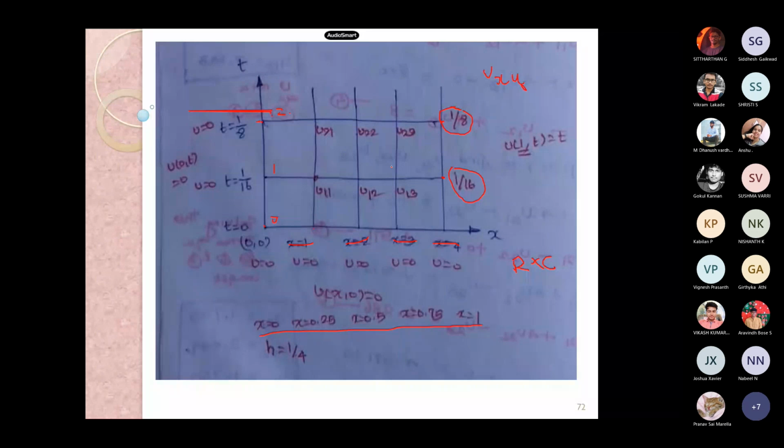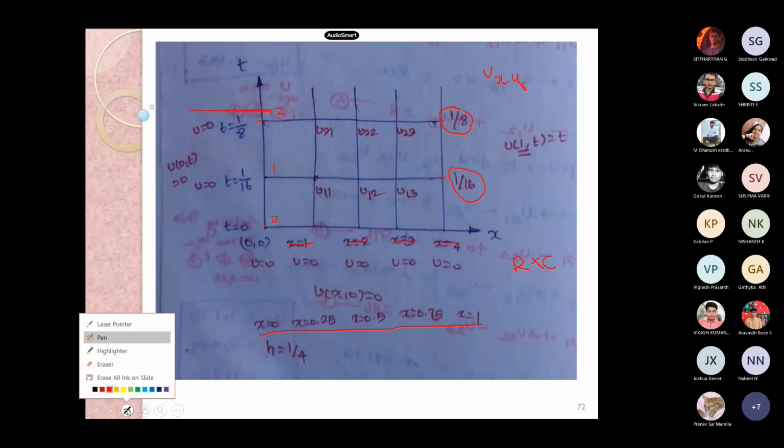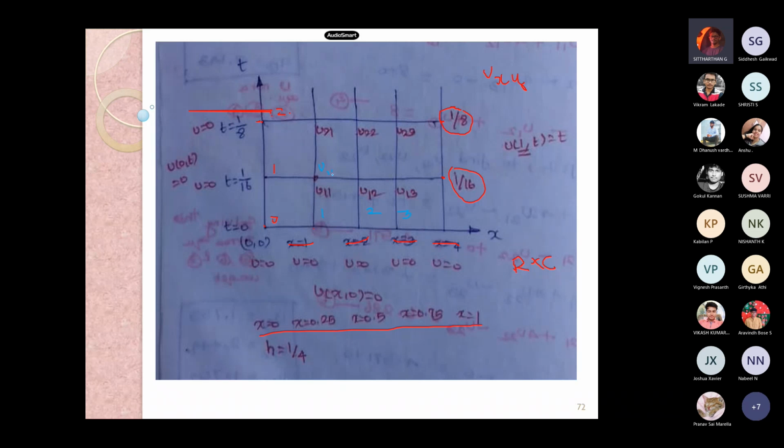Okay, I'm using a different color. This is 1, 2, and 3. Now tell me u of 1 comma 1. U of 2 comma 1. No, 2 comma 1. How? This is the axis x which is parallel to y, no? This is the axis which is parallel to y. So we are naming it as x comma y, no, sir.